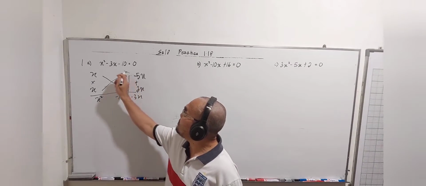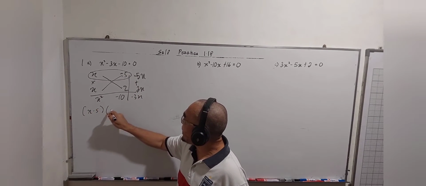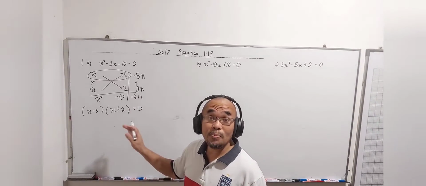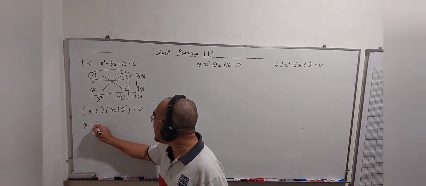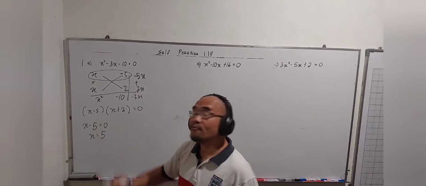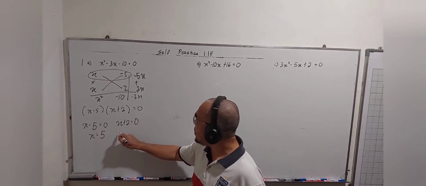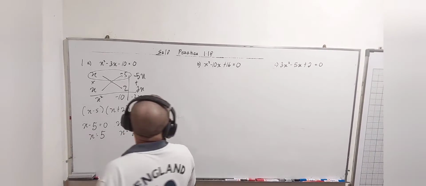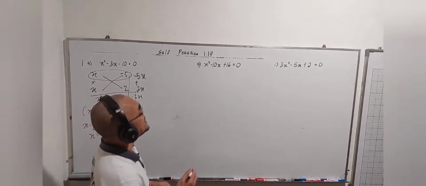So the factorization is this. Write it down in brackets. So we break up into two parts and then you take part by part. x minus 5 equals 0, so x equals 5. The other will be x plus 2 equals 0, so x is negative 2. Similarly, with b, x squared minus 10x plus 16,